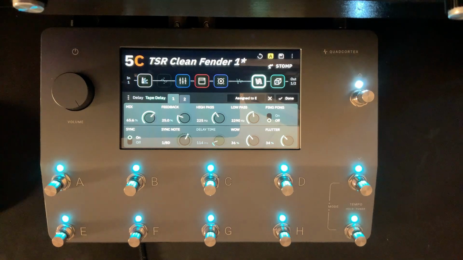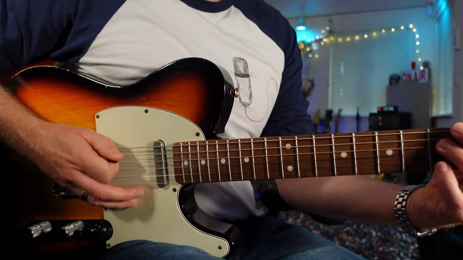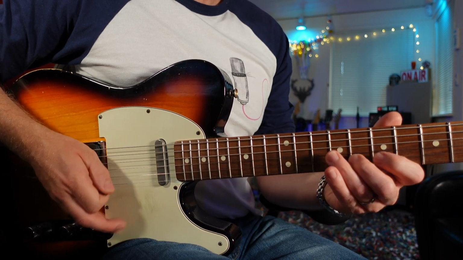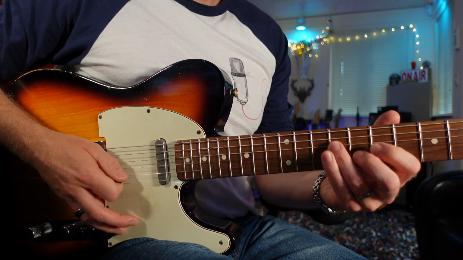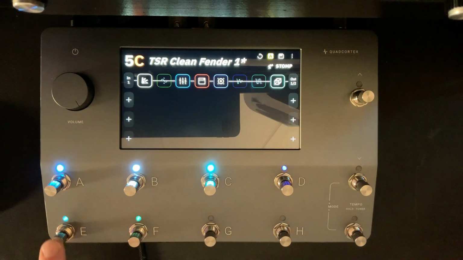The reason why I love using dotted eighth note delays is the fact that you can play really simple lines and the delays are creating another rhythm with that simple line to create a much more complicated effect. So if I turn off the delay here and I play like a simple part, and then switch on the delay,